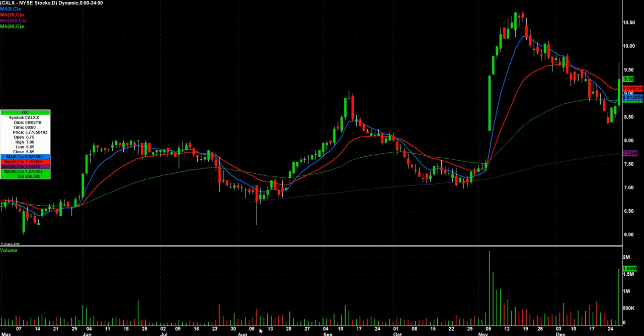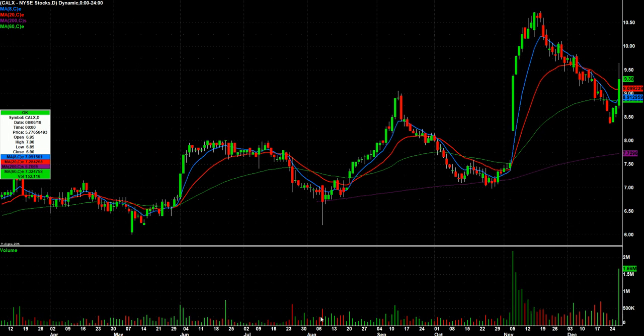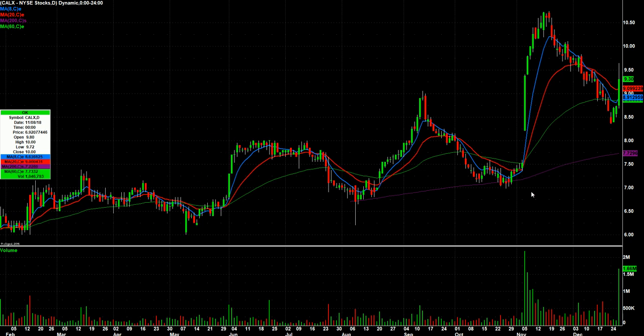And then I was on the fence about putting this one on the list just because 1.6 million is a big volume day for this stock. But I look back here and thought, you know what, this had a big day here and just continued higher for like a week straight. Now it's put in a higher low, big relative volume for the stock. And its range was 868 to 964. So I think it's worth watching. I don't know that I've ever traded this one. I kind of suspect that it's going to be spready just because of the price and volume that I'm looking at here. So anyway,